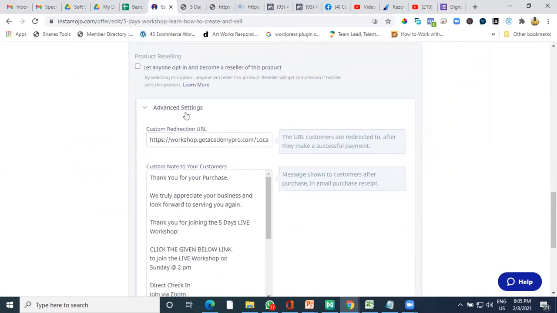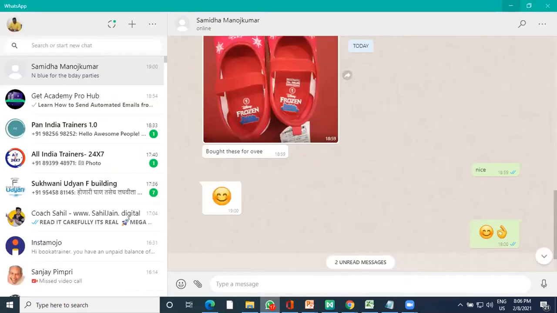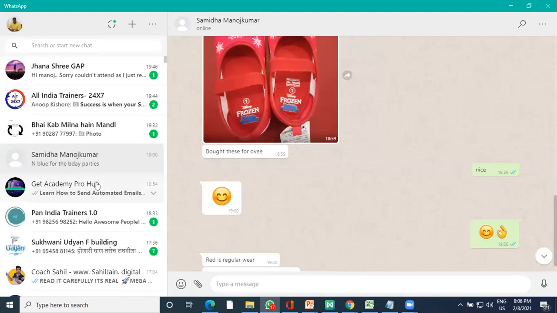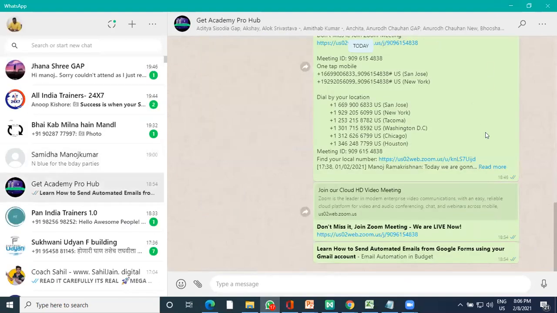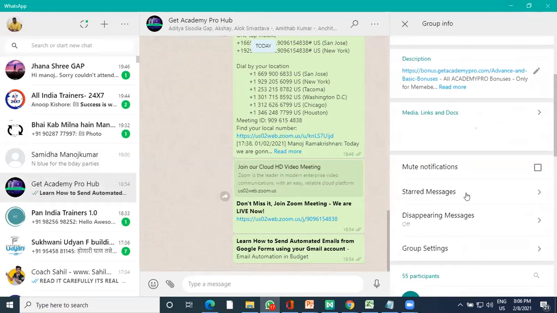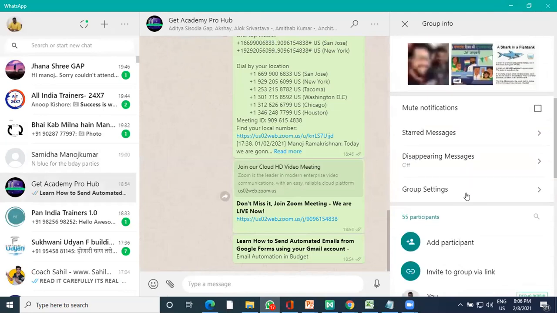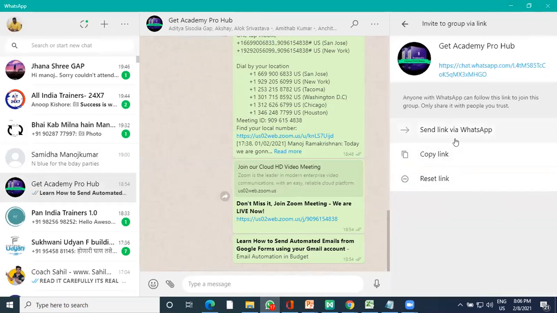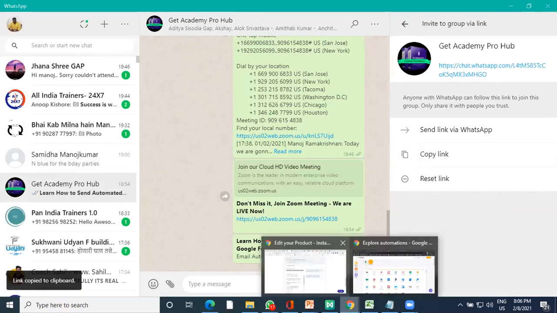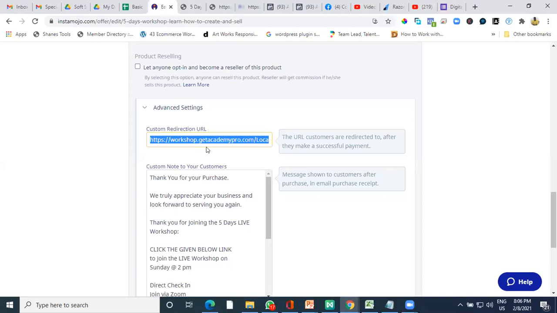If you scroll down in Instamojo, you'll see something called advanced setting, custom redirection URL. Whatever you want, you put it there. If I want my group detail to be put up, I can just copy the link from my WhatsApp and paste it into this particular area.